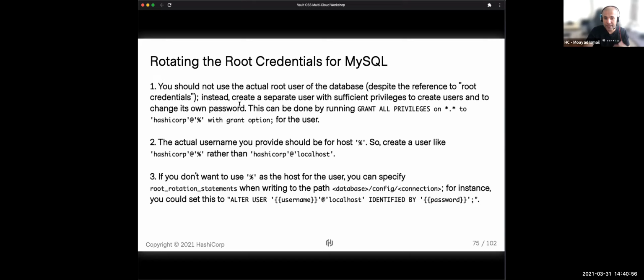You create another set of credentials for Vault, and you use the original root user and password as a break glass. So just in case you need to regain access to the database, you have those safely locked away, right? And you let Vault use a separate user with sufficient privileges to manage the users. And this is the key point I wanted to highlight here.